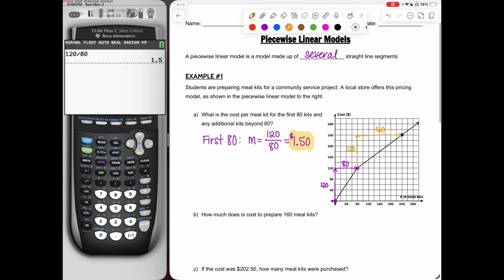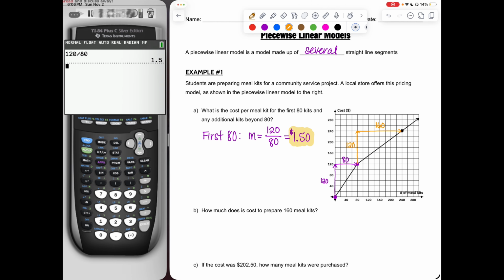So if you go above 80, our slope is going to be 120 over 160. And if we do 120 divided by 160, we get 75 cents